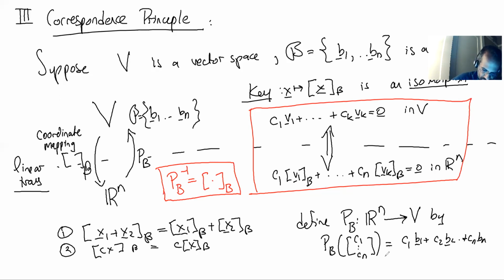So the key thing is that this is an isomorphism. Once you have a basis, you get an isomorphism from that basis. And that isomorphism is the coordinate mapping. And that allows you to turn anything happening in V into something happening in Rn. And then you can easily solve it there using row reduction. Right? So for example,